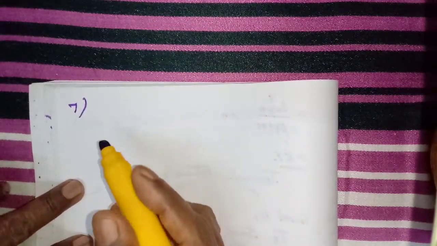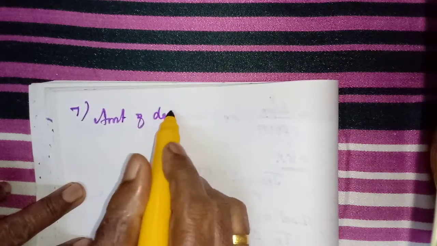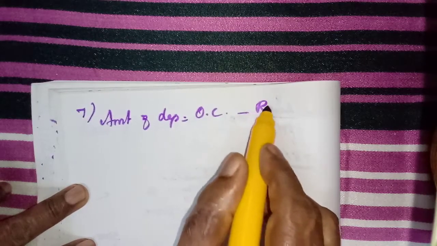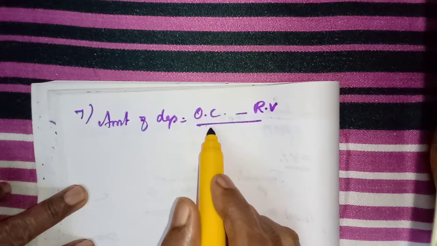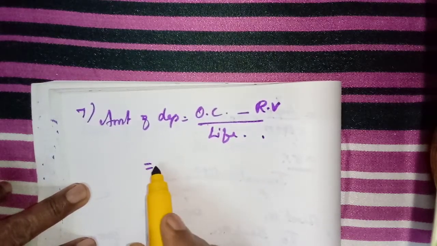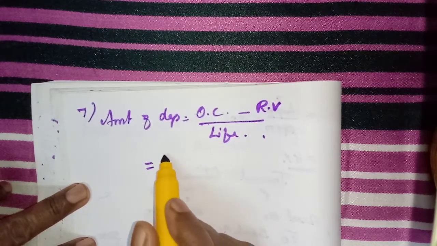So the percentage is not given, so we need to calculate the amount of depreciation using the formula: original cost minus residual value divided by useful life of the asset. You write it fully. So here, what is the original cost of the asset? Here 36,000